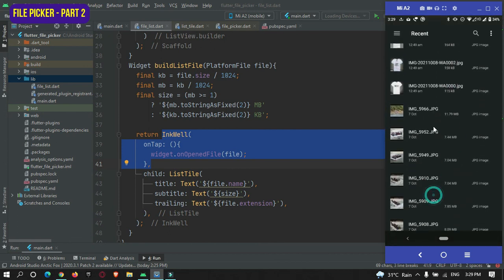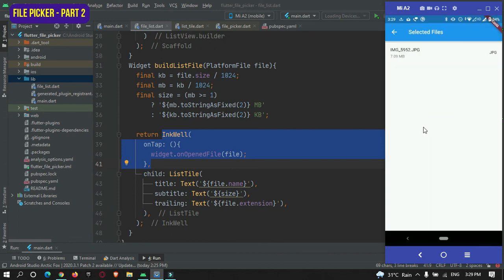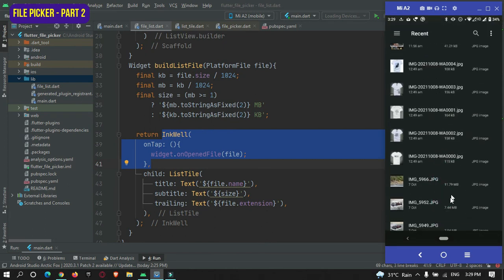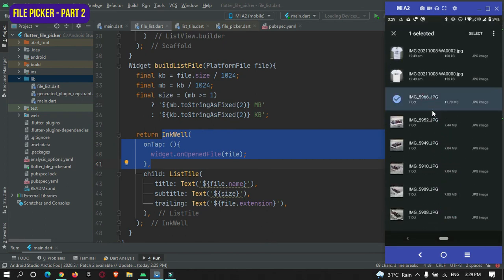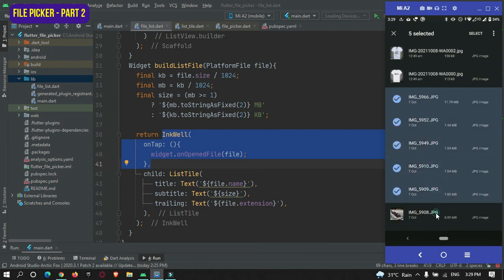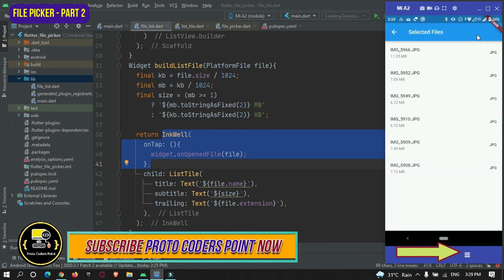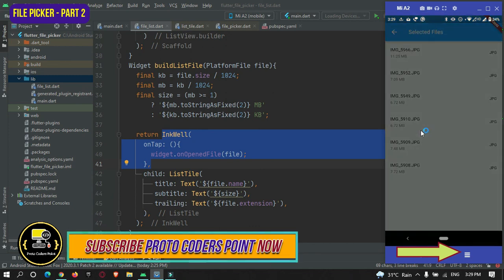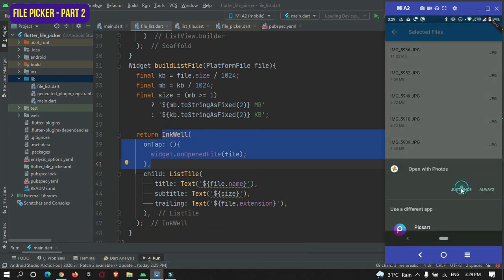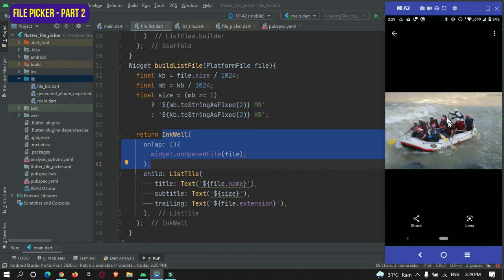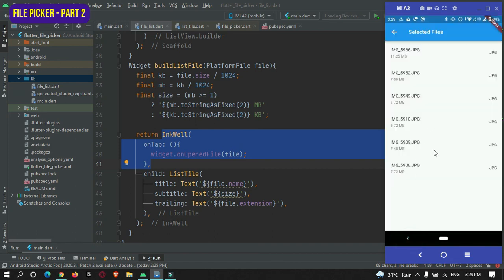Let me take some images. You can see these are the selected images. I'm just tapping on one image, and you can see the image got opened that the user has selected.